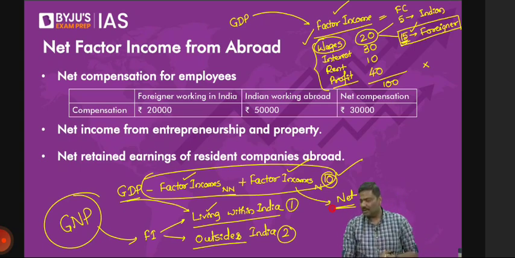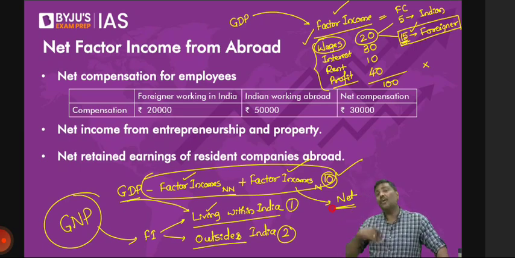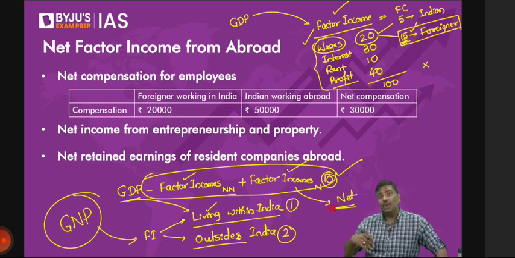Okay, so this is basically the idea of gross national product. But sir, all of them are not contributing to the Indian economy, so how can GNP be more reliable? If they're not contributing, that's a problem with the Indian economy. Understand this carefully. Whenever you compare GDP and GNP, you realize that GNP is smaller than GDP in India, and this is not the same for all countries. What does it mean? It simply means factor incomes generated by non-nationals are higher in India. Logical or not?